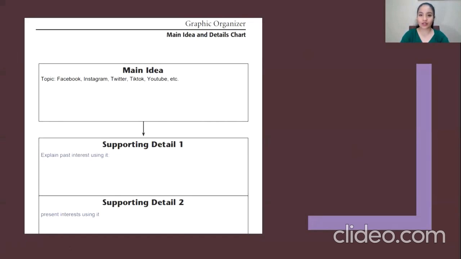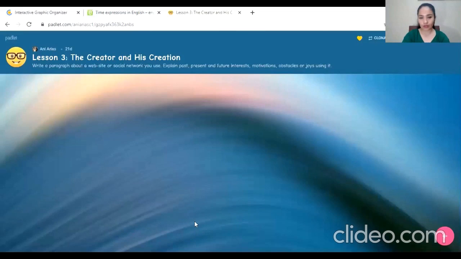Excellent job, dear students. Now that you all have your first draft, I'm going to send you the link that I created on Padlet so that you can share your final writing. Let me show you the wall in Padlet where you have to share or publish your work with me, your final writing with me so that I can review it. So here it is.